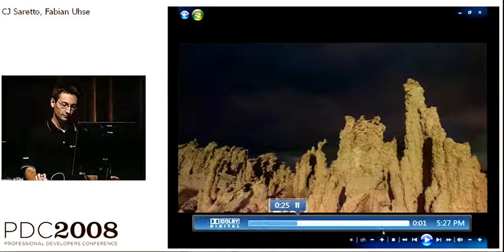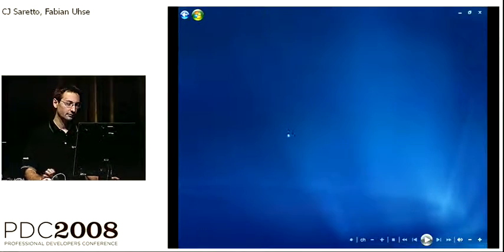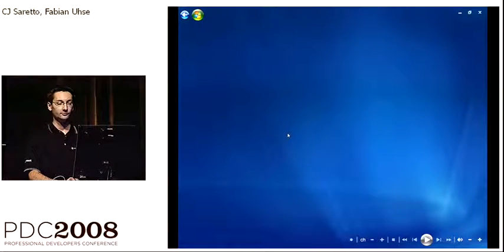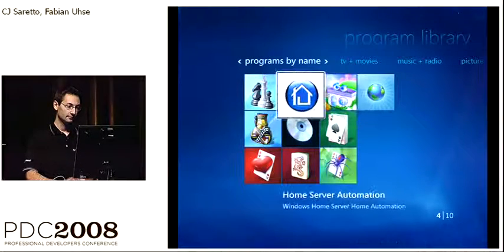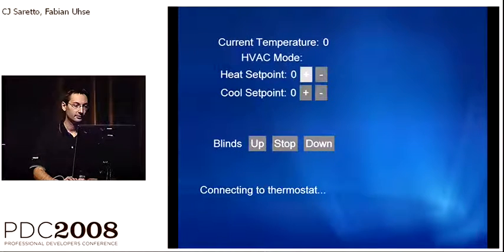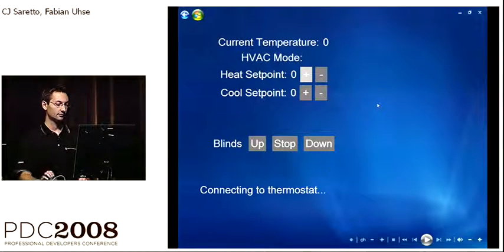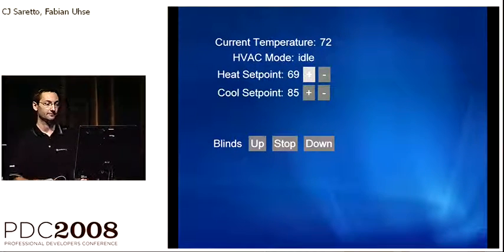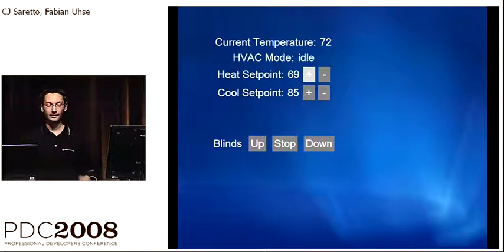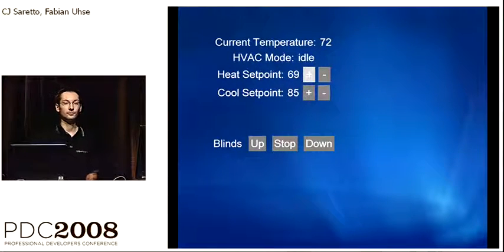and just have my thermostat controlled by my Windows Media Center, just because it's convenient. I'm just sitting in front of it. So I change the application and just have a look at my room temperature. So in a couple of seconds, we're connected to the thermostat, and we're connecting, and there we are. All right. You see the current temperature of this room is 72 degrees.